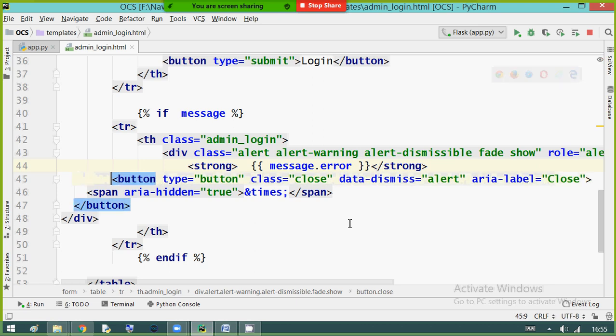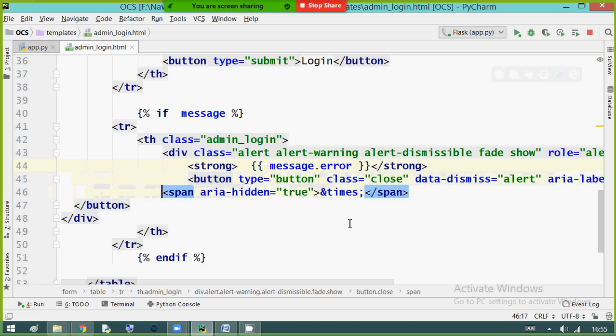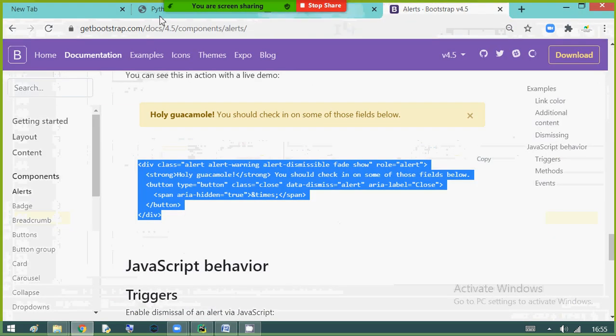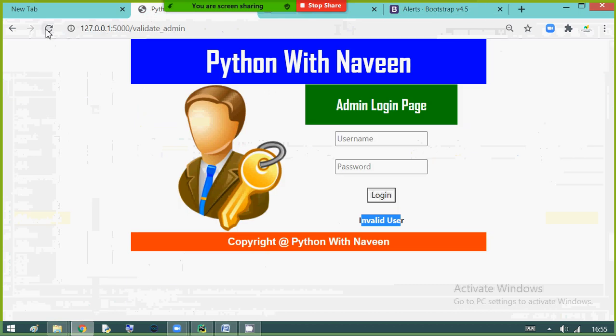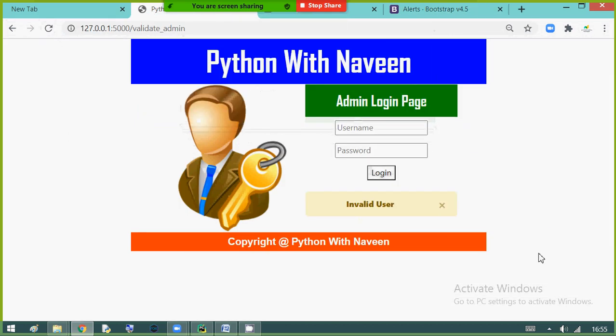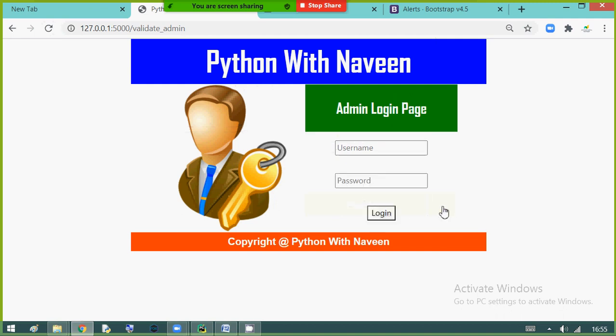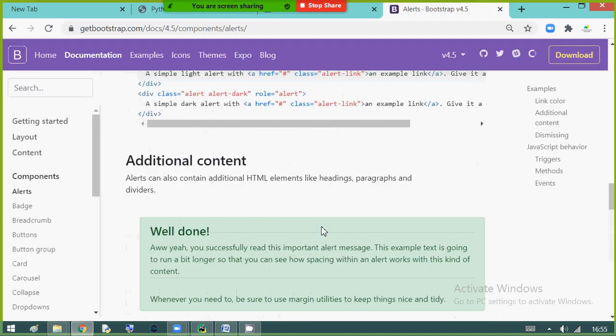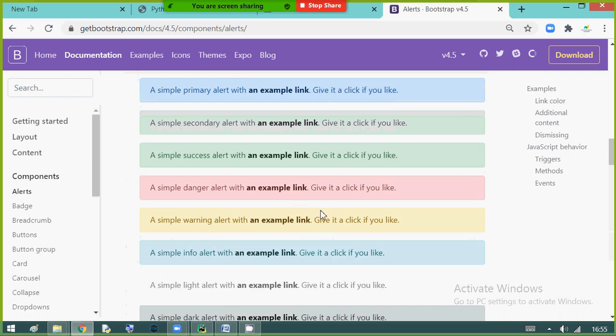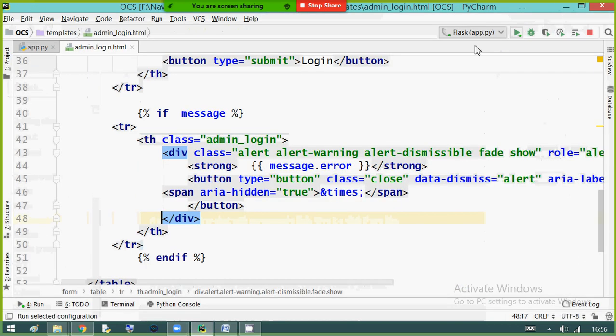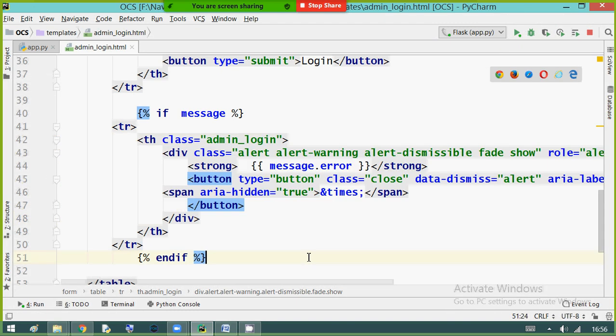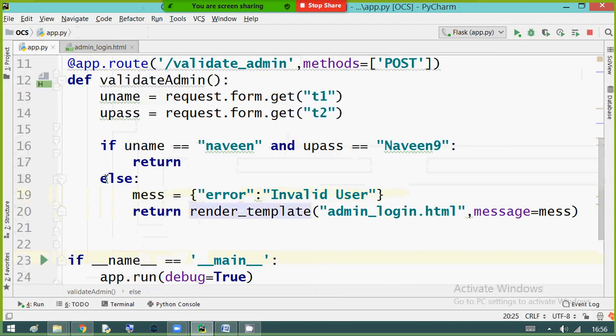The rest of the part is as it is, that is the button with the close mark, for closing. Here the division part is closed. Let me see the output in my page. Refresh. There it is. Simply click on this. Gone. If you want to use different colors, you can look at bootstrap.com, copy the code and make the changes. That's it. So successfully we are showing the error message.